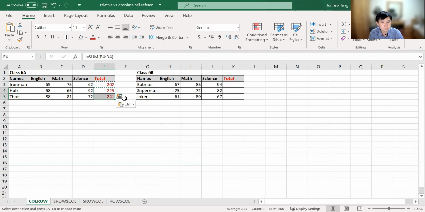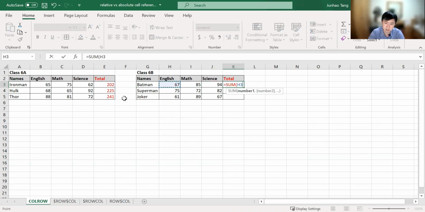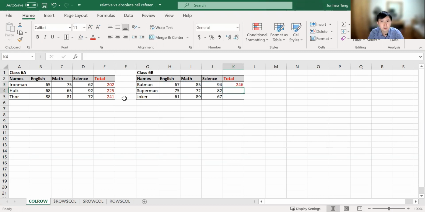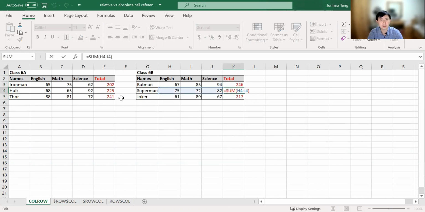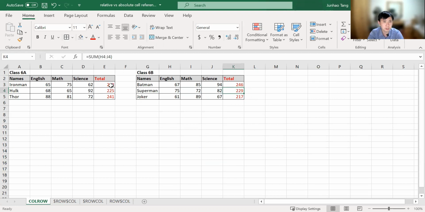cell reference. Okay, now let's do the same for 6B. You can also type in the formula, right? And then you get the answer. But typically, what I will do is I will just type in for this cell, and then I will copy for all the cells over here, and you get the answer. Okay, so this is about relative cell reference, meaning that if you copy the cell